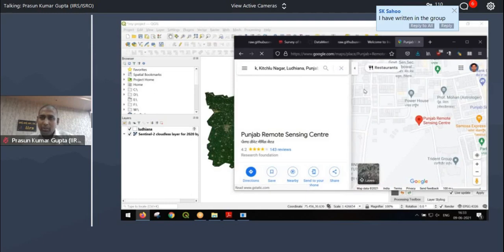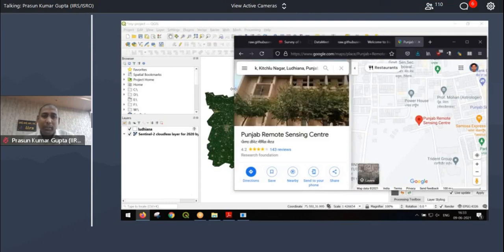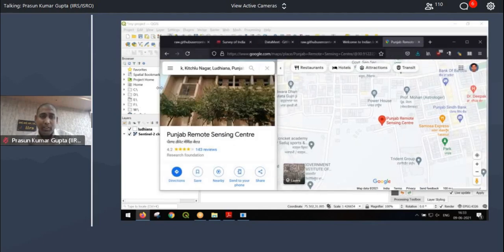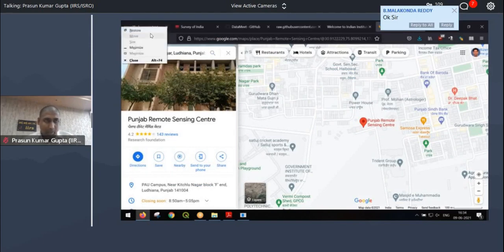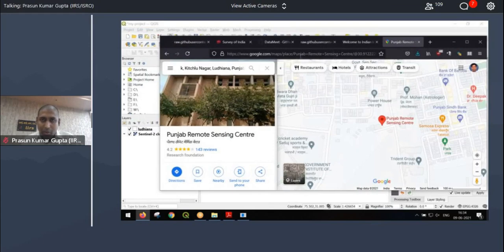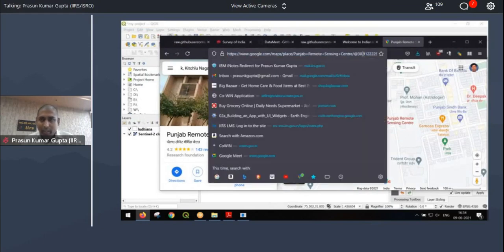I have also written down the coordinates of PRSC, but for example, you may want to do it for your own region, like IIRS, Chandigarh University, Pune University or Chitkara University. Just search this on Google Maps, and on the URL itself, you will see it.